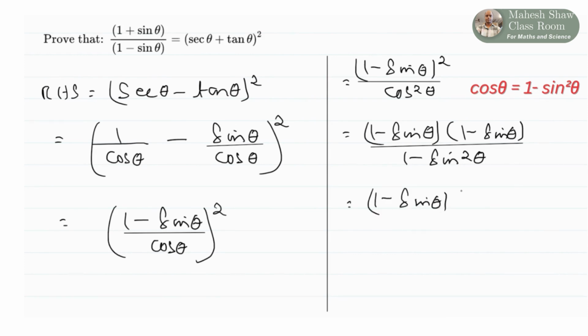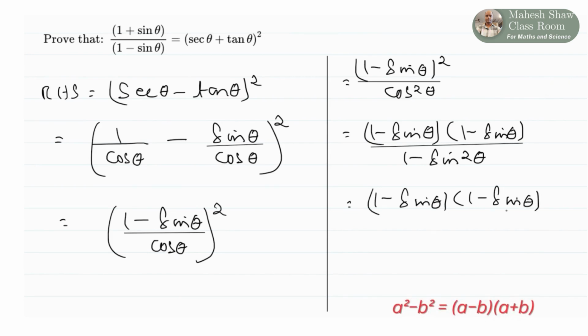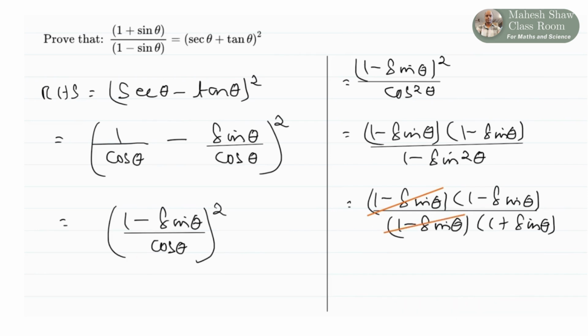Keeping the numerator as same and applying the identity, we can write 1 minus sin square as 1 minus sin into 1 plus sin theta. So here 1 minus sin and 1 minus sin get cancelled. That results to give 1 minus sin theta over 1 plus sin theta. And that